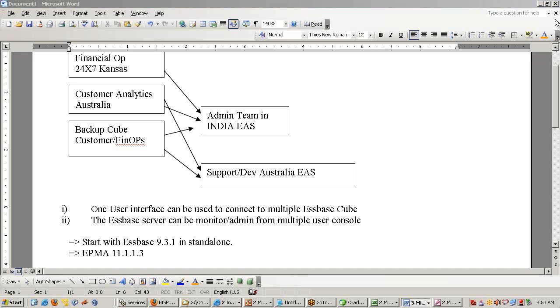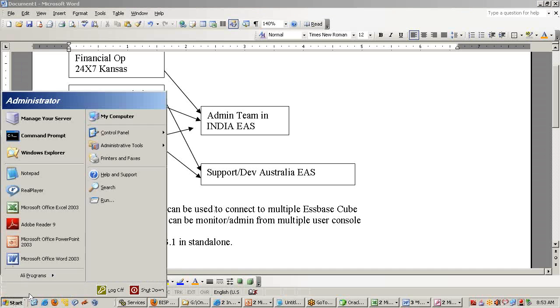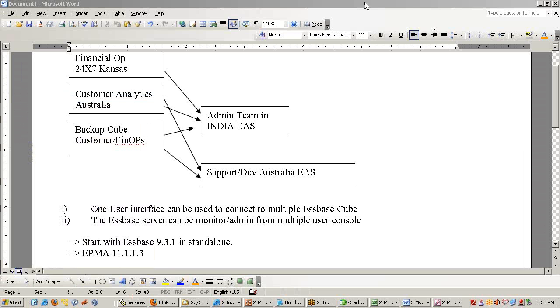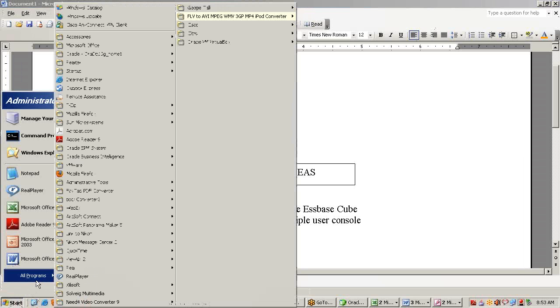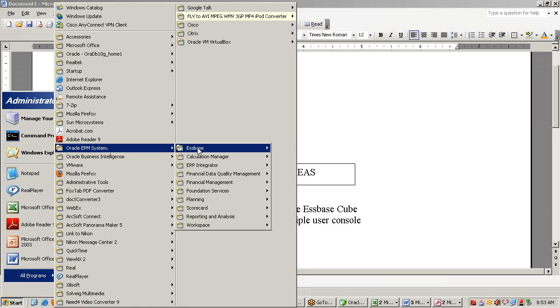Okay. The first thing you are going to do is connect multiple Essbase servers with your user interface. So whichever version you are using, regardless, go to Essbase